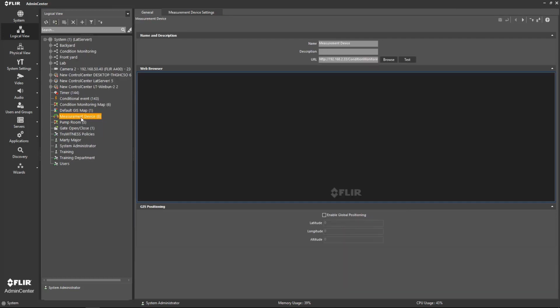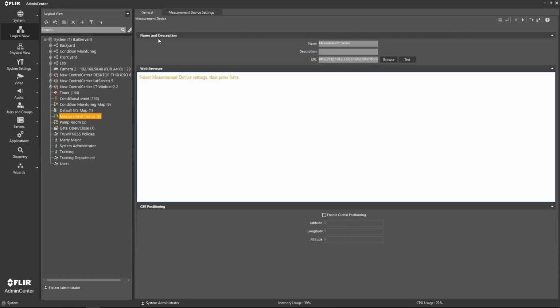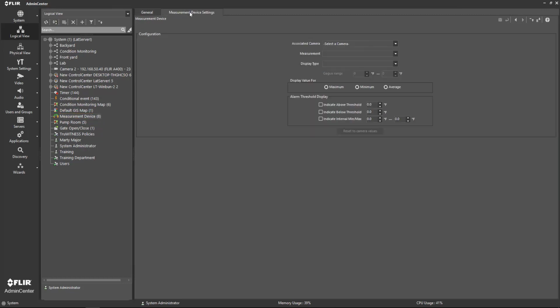Once you add a measurement device from the list, navigate over to the measurement device settings, choose a camera to associate it with, and of course you'll see that there's only one camera in the list, and that's because I've grabbed that token from the camera, added it to the camera in the UVS so it knows that it exists. So now I can choose that camera from the list. I can select my available measurements that are already set in the camera. So I've got spot 1, spot 2, 3, 4, and then of course that delta that we saw earlier in